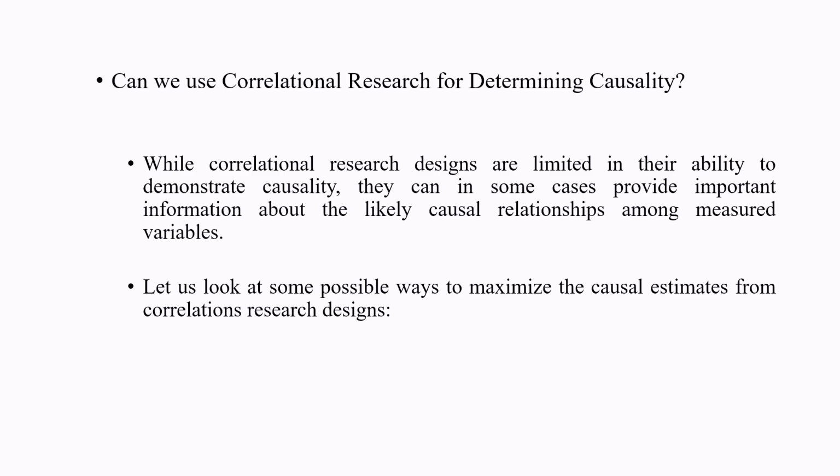So you will see that correlational research is actually the next most popular type of research design that is used. Obviously, descriptive research is done at the largest level. The next most popular research design, it seems to me at least, I might be wrong, is the correlational research design. So what can we do to optimize the correlational research design to try and interpret